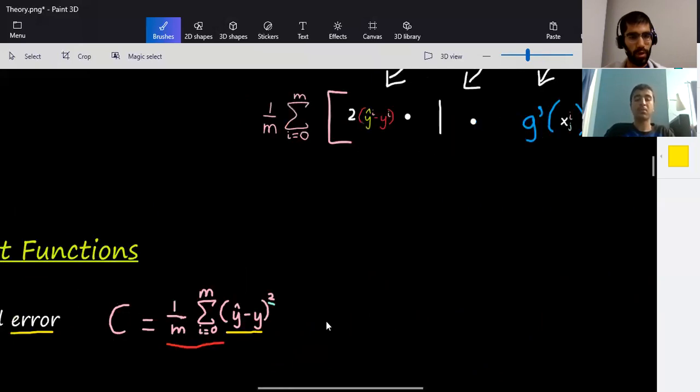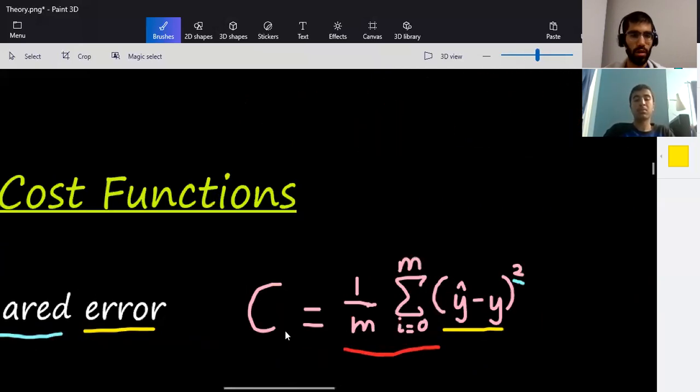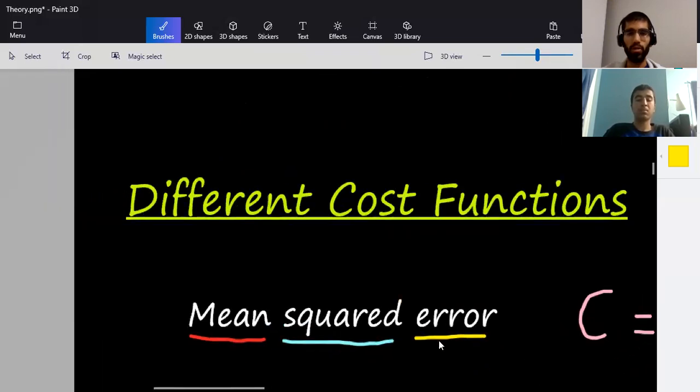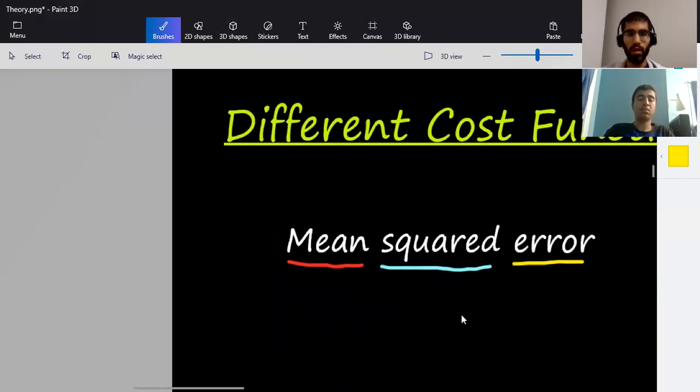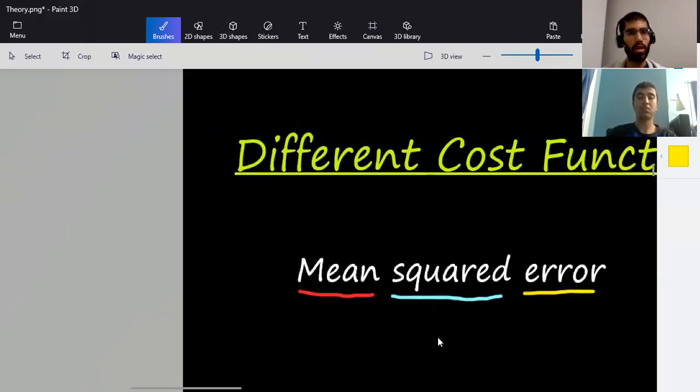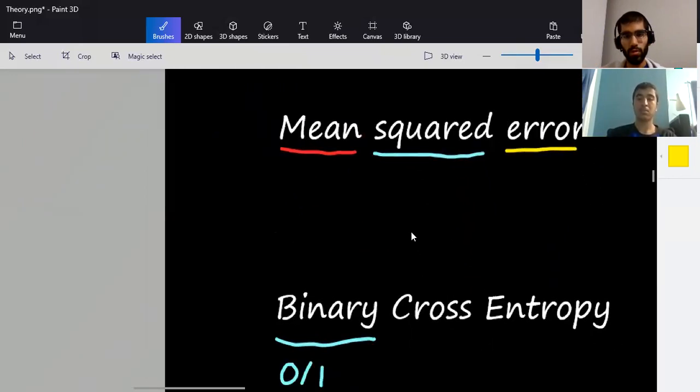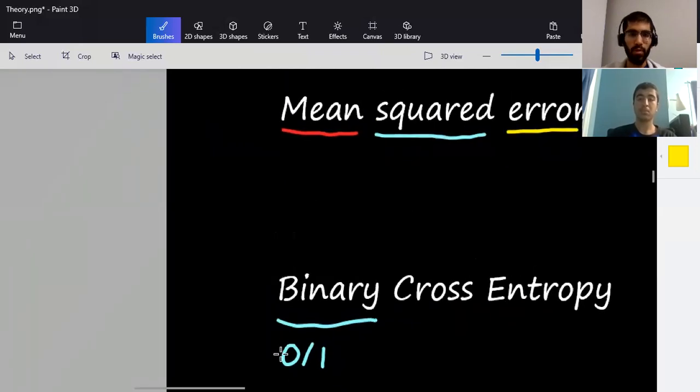All right, so mean squared error, good for regression. What about if we do want to do logistic regression? What should we use? So remember, logistic regression is used for classification problems, especially binary classification problems. So when it comes to binary classification problems, we have a specific cost function called binary cross entropy. Remember, binary just means 0 or 1. Did the patient have a heart disease or not? And